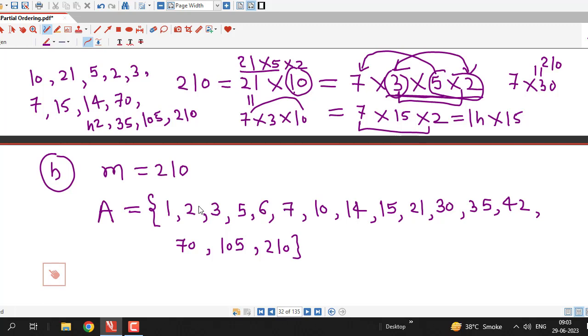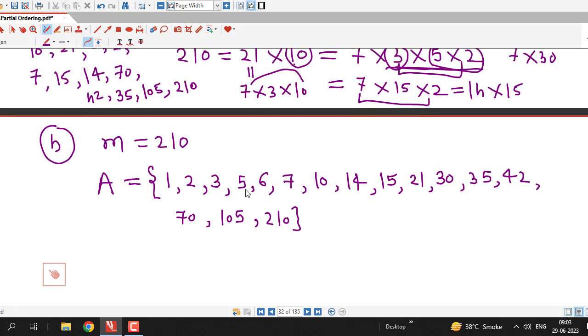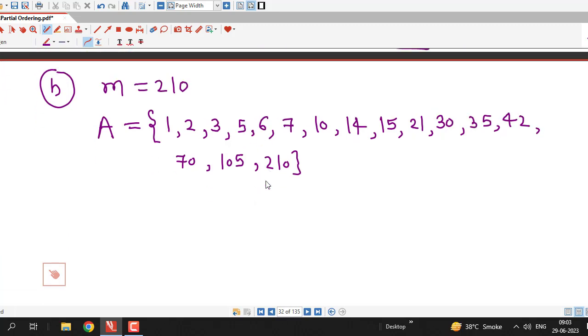So let me check how many elements are there. 1, 2, 3, 4, 5, 6, 7, 8, 9, 10, 11, 12, 13, 14, 15 and 16. There are 16 divisors of the positive integer 210, and we have to draw the hash diagram for this set A together with divides relation. And we have to take care here, because we have 16 elements, so we have to represent them by 16